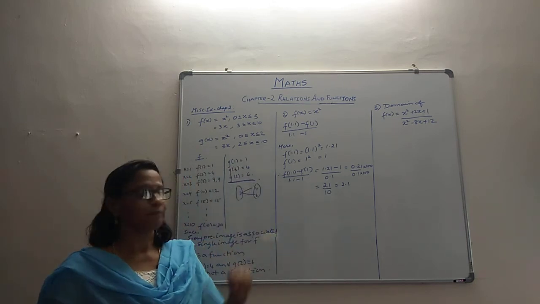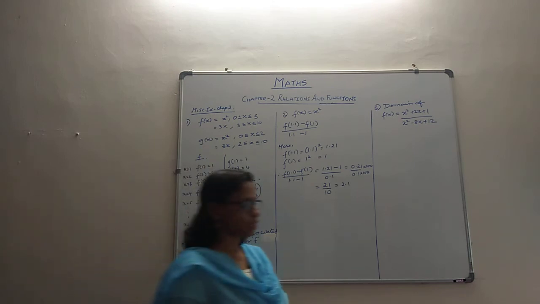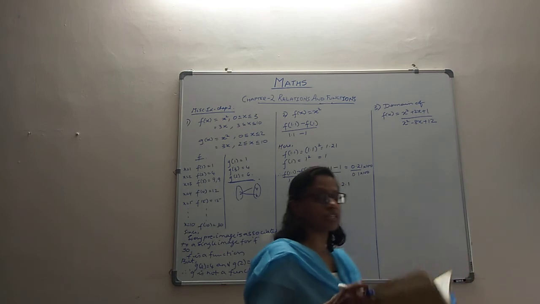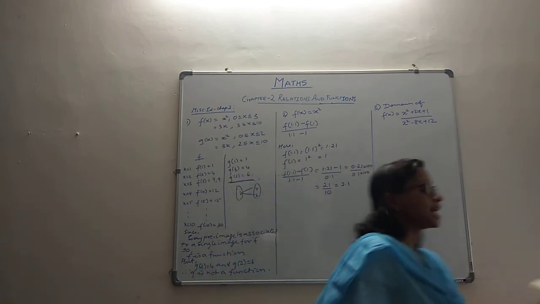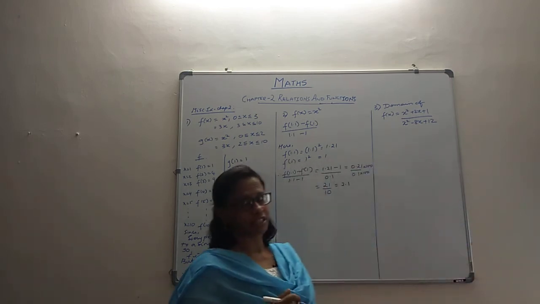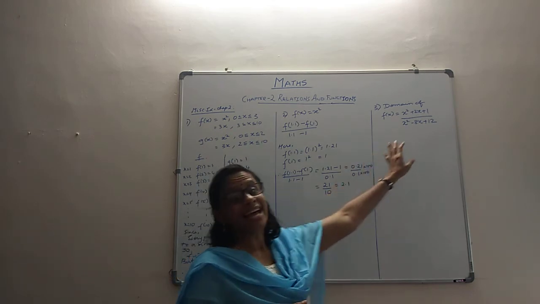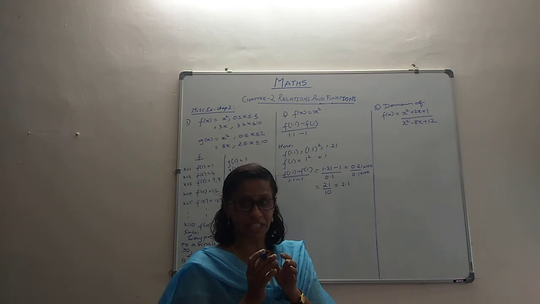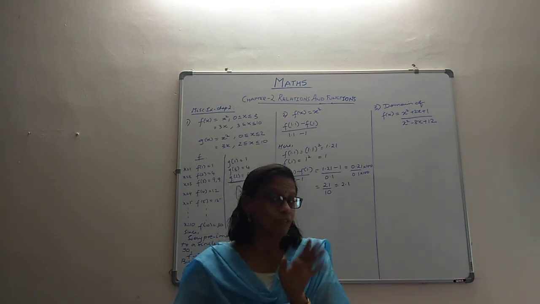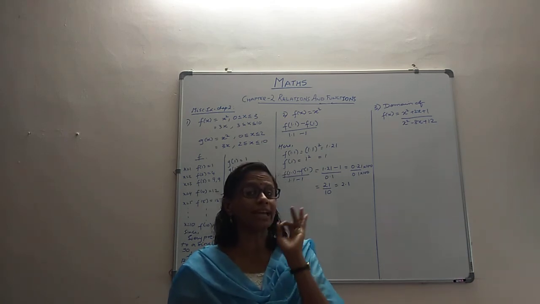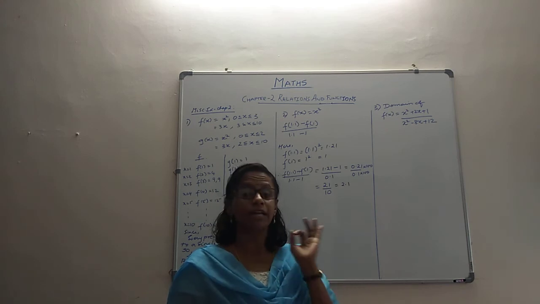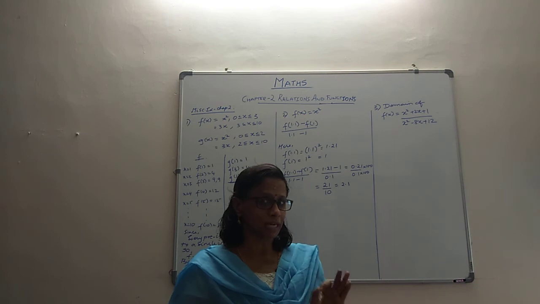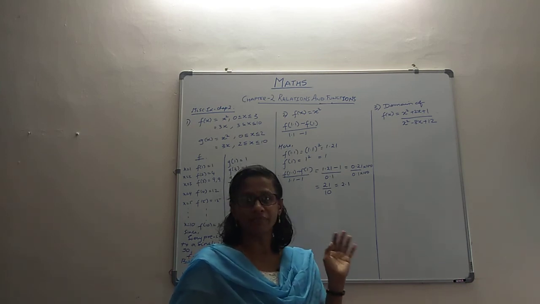That is about this. Now, we will quickly move to the third question. In the third question, they say find the domain of this function. The function is given to us and they ask us to find its domain. Now, this is a rational function. Whenever you have this kind of function, it's called a rational function. And for the domain of a rational function, you have to be careful only about the denominator. By no chance should the denominator become 0. The moment the denominator becomes 0, the function will not be defined.